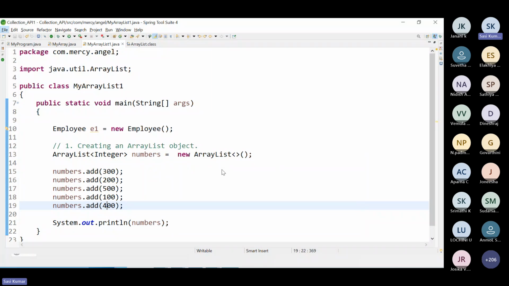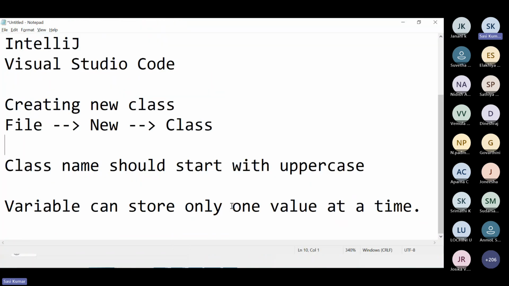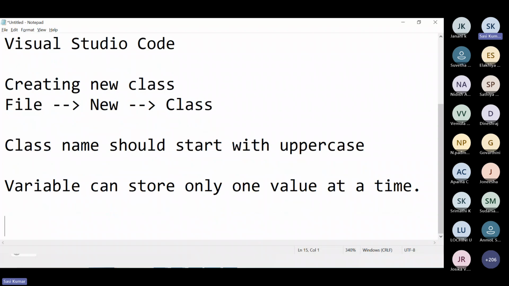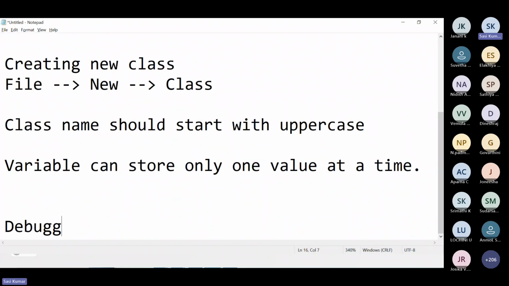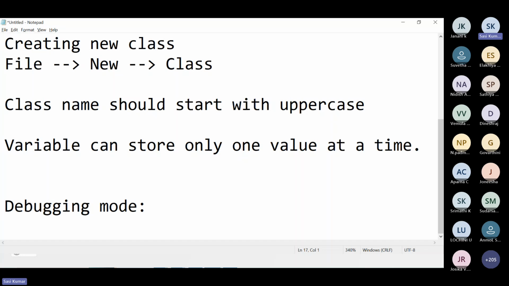Guys, listen very carefully. This point is very, very important: debugging mode. Why do we need debugging mode? Consider in a real-time application there are some issues, and you want to debug. You really want to know exactly where the issue is occurring.